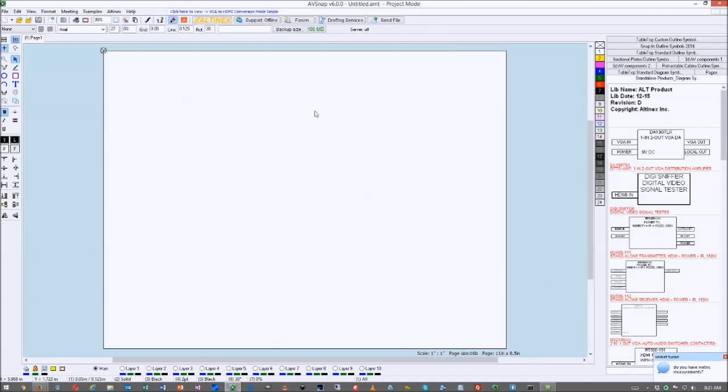Now, the first thing that I want to do when I start a new project is create a couple of additional pages. So I'm going to say add new page. And I'll create 3 pages for right now, just to get started. So there's page 1, page 2, page 3, and there's a page 4. And I'm going to rename page 4 as my template page. The template pages are very powerful